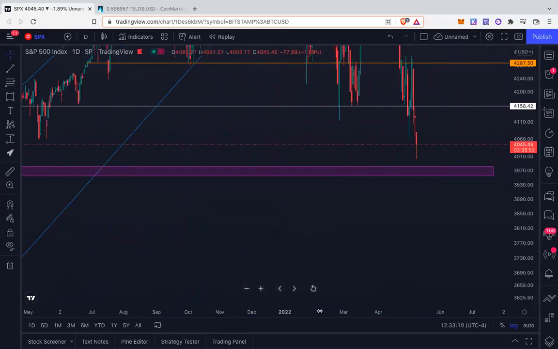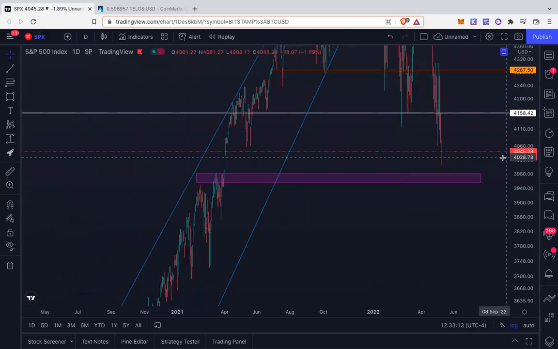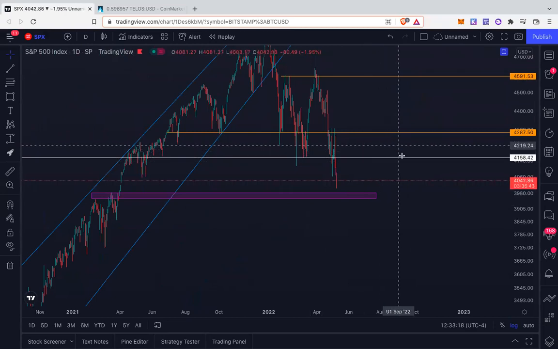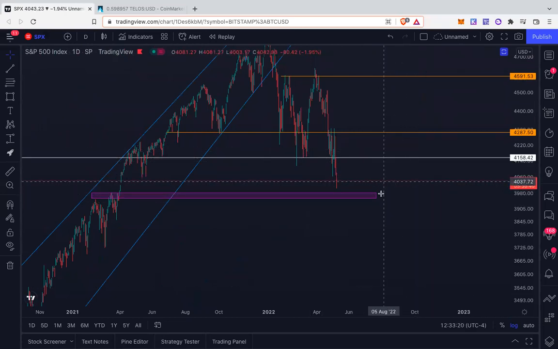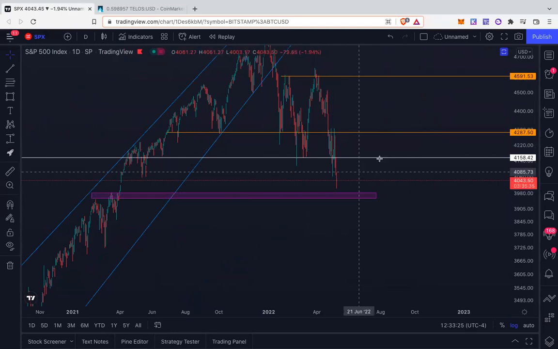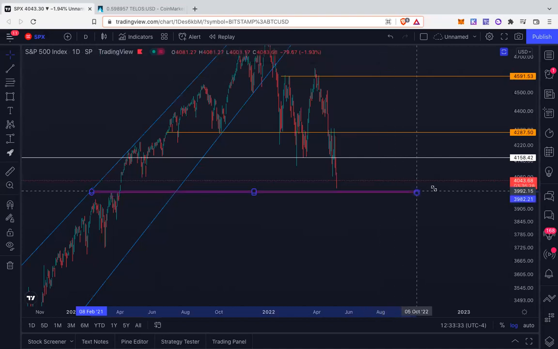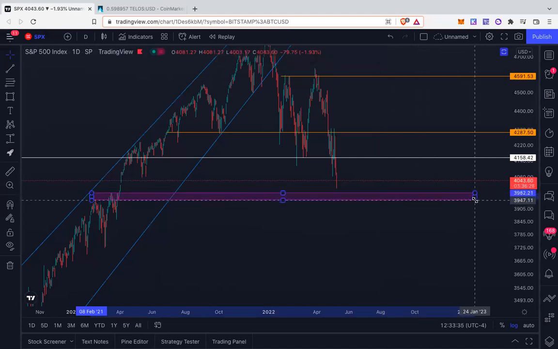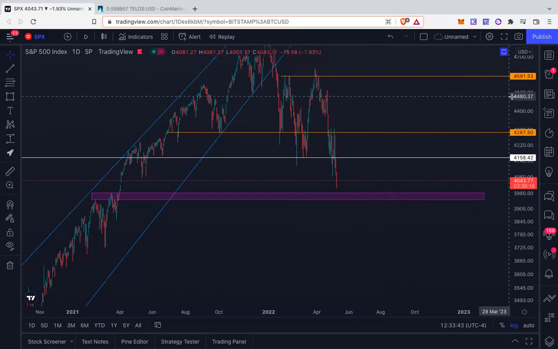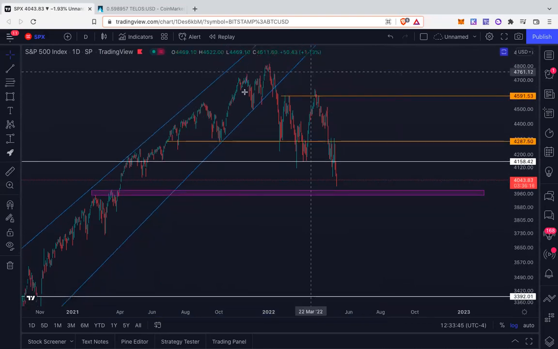But yeah, that's the zone I'm seeing potentially bounce off of a little bit, maybe run up again, make another lower high and roll over again. I mean, when you're in a bear market, until you start making higher highs, higher lows, keep fading the rallies. Crypto is a lot more volatile, so you get a lot bigger moves. But that's the area I'm looking at right now for S&P potential reversal.